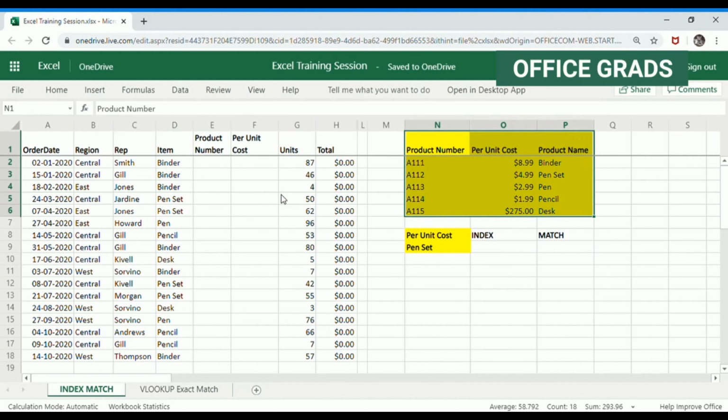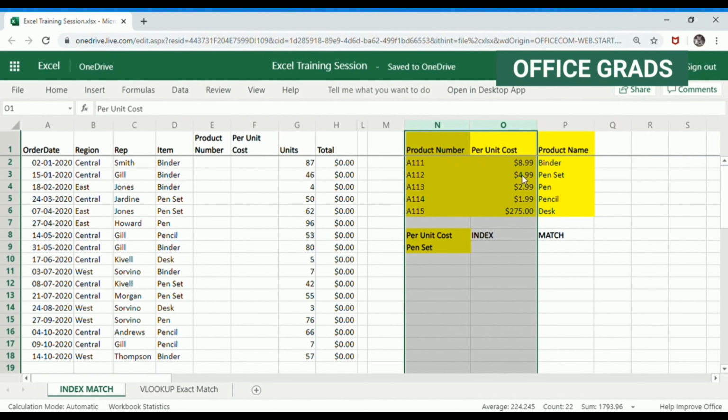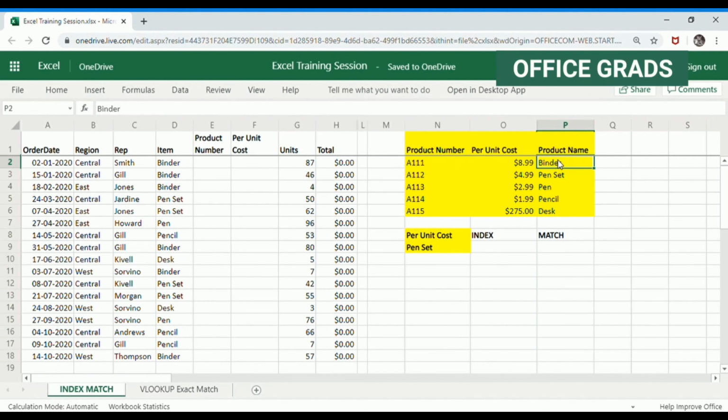However, the product name, which is this item, is in the P column, and the product number and per unit cost are to the left of the product name. So in this example, VLOOKUP will not work. That's the limitation VLOOKUP has, which can be overcome by using the INDEX and MATCH functions.